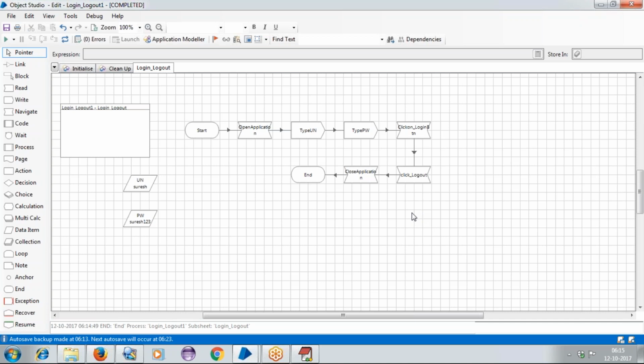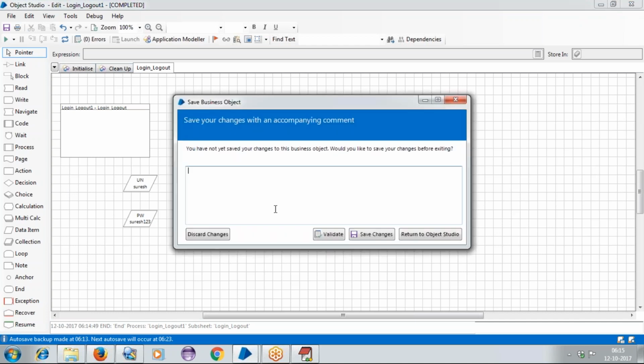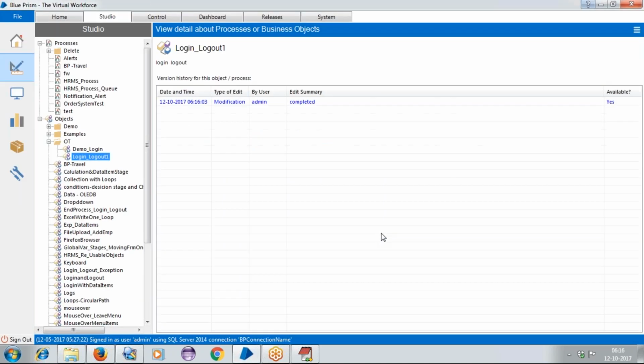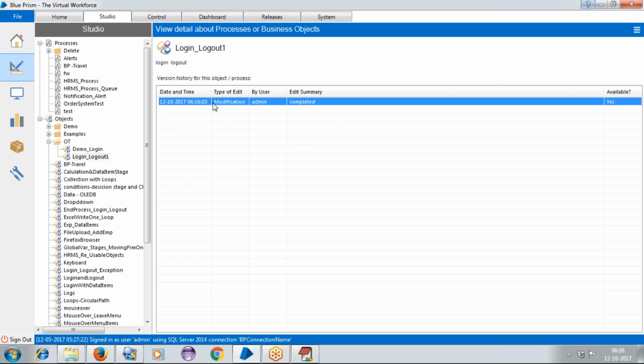In RPA, the system, how it has been navigating, it will take all the snapshots also. Snapshot also means it will be taking the history here. Okay, if I close it, I can click on save changes. Now here you are able to see the history. Whatever history has been done, you will have it here.